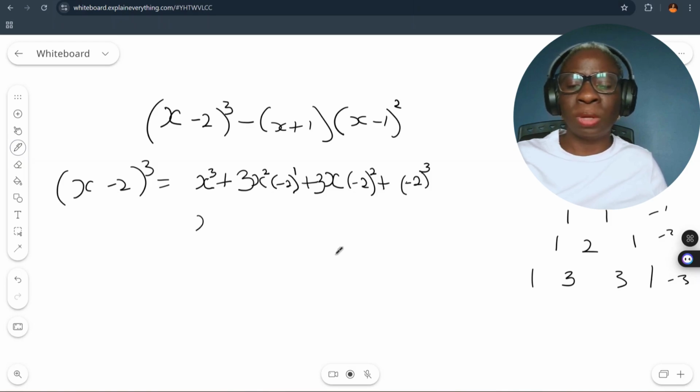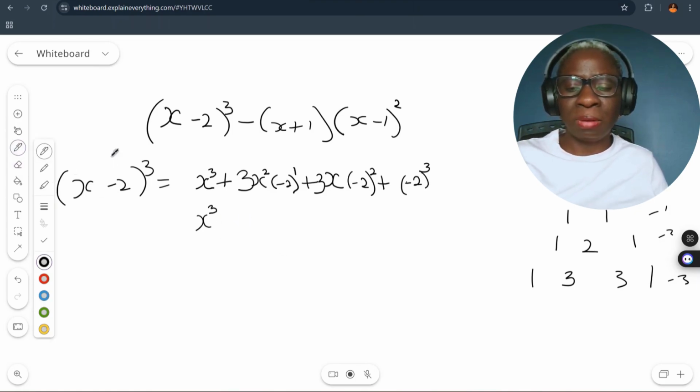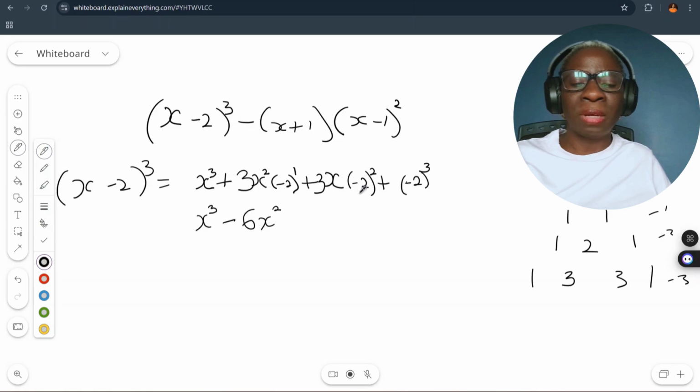So that means we'll be having x raised to power 3 plus negative 2 raised to power 1, which is negative 2. So when we multiply minus times plus here, it will give minus. So we'll be having negative, and then 2 times 3 will be 6. So this will be 6x squared. Then for this one, we have negative 2 square. Negative times negative is positive. So that will be 4. 4 times 3 will be 12. So we're having plus